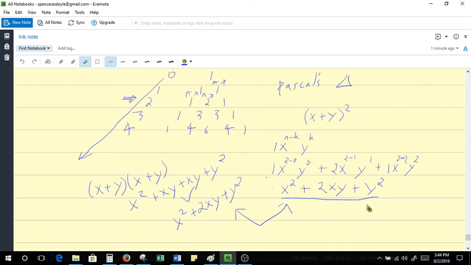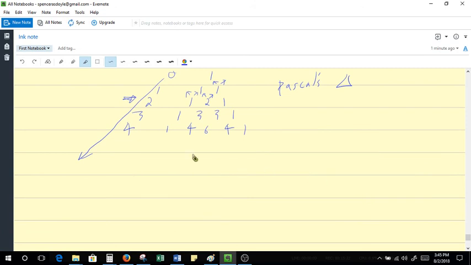So let's try this with something a little bit more robust than just a quadratic, because that's a little too simple for using this anyways. Let's take 2x plus y, and since we've got an integer here, this will be a little bit more complicated anyway, so we'll just put it to the third. So in this case, using the third row of Pascal's triangle, the leading term is going to be 1